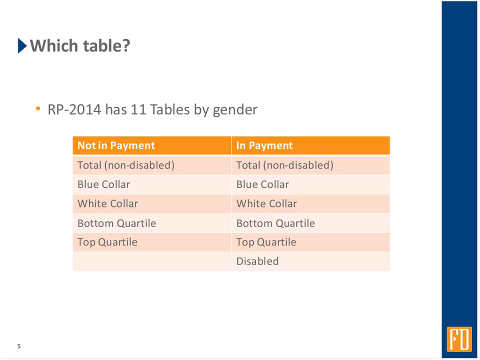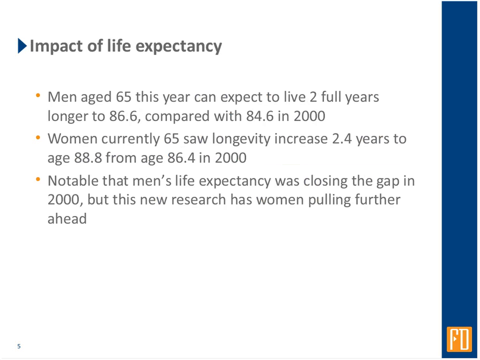But there are other options from that general standard table. There's a specific mortality table for blue-collar and white-collar populations, as research has shown that there are distinct differences in those populations. They also released a bottom quartile and top quartile, depending on what your anticipation might be for future mortality trends, if you want to use that. And then finally, for the annuitants or in payment, there's also a new disabled mortality table, which we'll talk about in a little more depth momentarily.